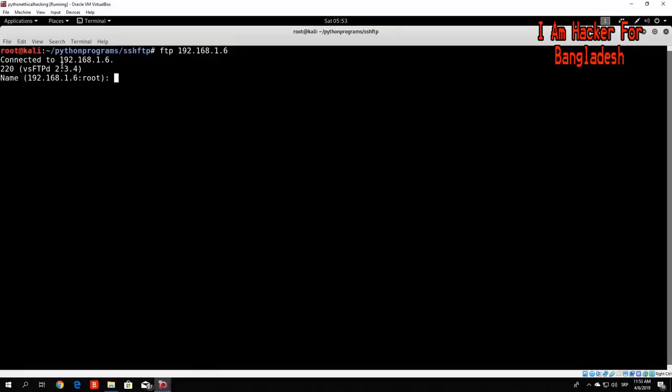So right here, we need to specify the name. I'm not really sure, I believe it is msfadmin. Please specify the password, msfadmin. And we can see login successful, remote system type is Unix, using binary mode to transfer files. So we know that the username and password for the Metasploitable is msfadmin and msfadmin,